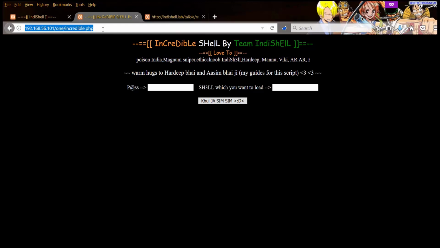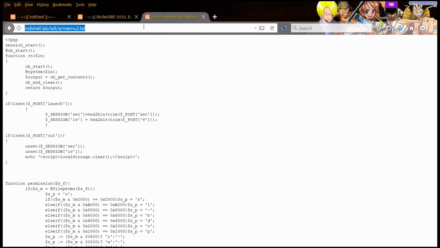And the second scenario is, once we have uploaded this shell, we will call the Manu shell to bypass the restriction of WAF detection when we execute commands, or do something like file browsing on the server. So let's start. This is the Incredible Shell, and this is the Manu shell hosted on a server.